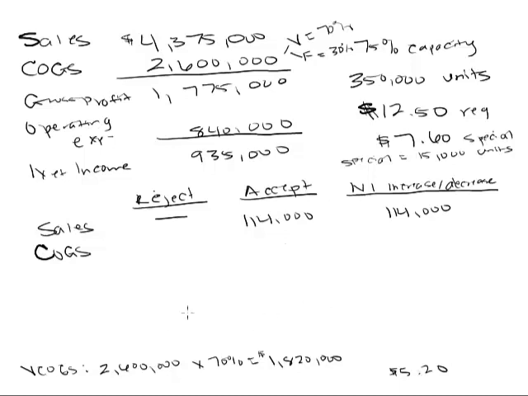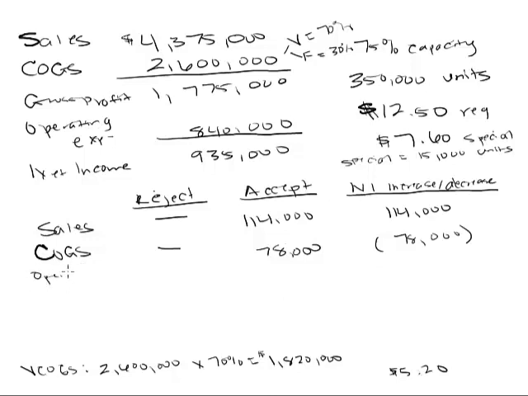Okay. Now I can figure out cost of goods sold. And again, if I reject it, I won't have any because I'm not making any extra units. But if I accept those 15,000, then my variable part that I want to consider is $5.20 a piece. So that means that we'd have $78,000 in variable cost of goods sold. Okay. So that's a decrease in net income. That's an additional cost to consider. Now we also need to look up here, and you don't really need to do a gross profit and all that. We're just getting the actual numbers.